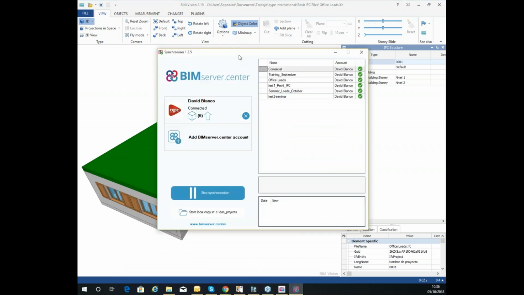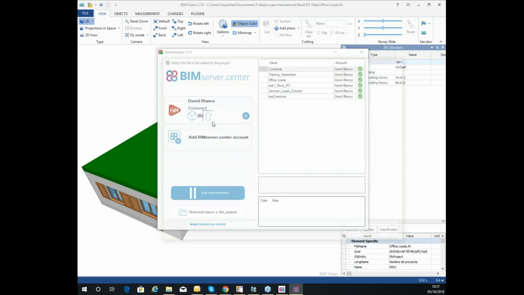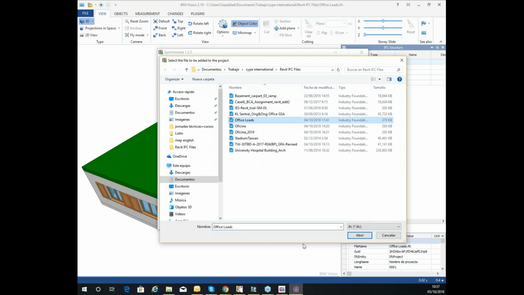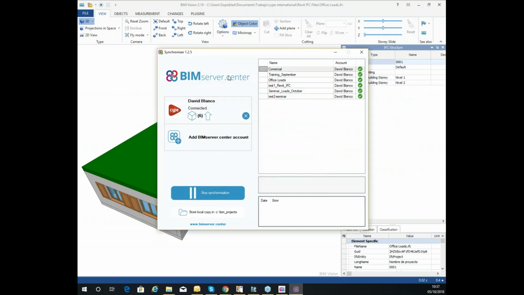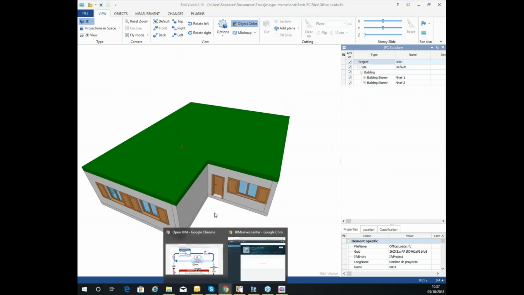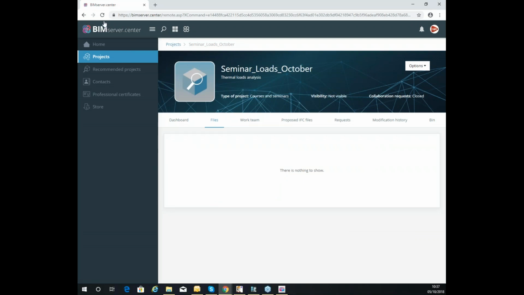We have the Synchronizer, okay, here, and we have this tool just to upload a file, an IFC model. So we are going to upload this Office Loads IFC format. As you can see, we can only upload an IFC format. We are going to open it, and we are going to upload it to the project. Yes, Seminar Loads October. Okay, as you can see here, it's synchronizing, and the synchronizing is uploading the file to the project. So we are going to check it in the platform now, and we are going to refresh it,